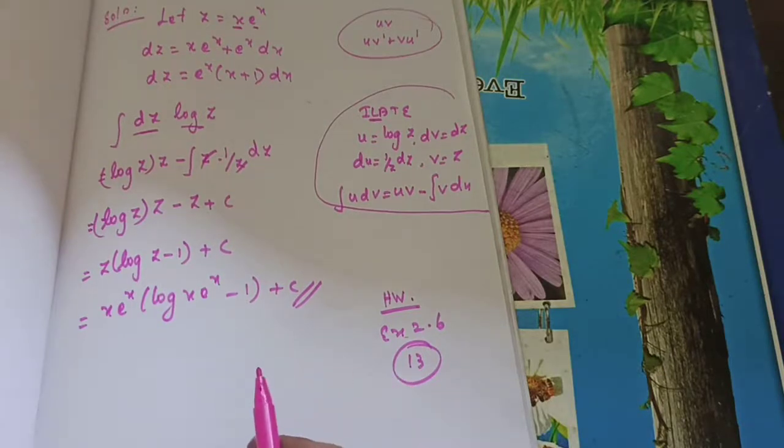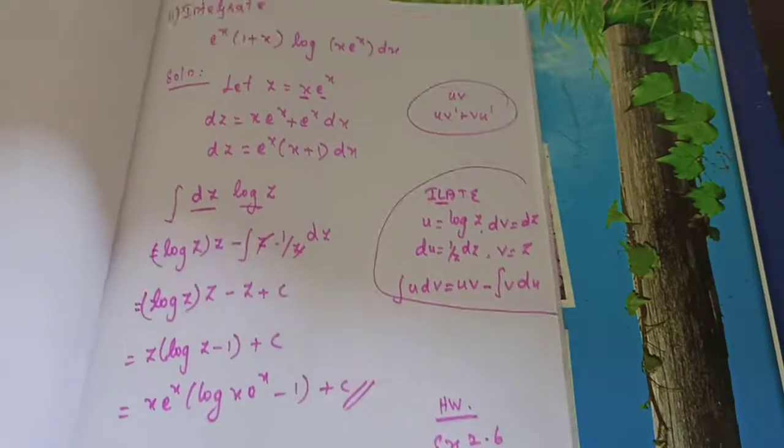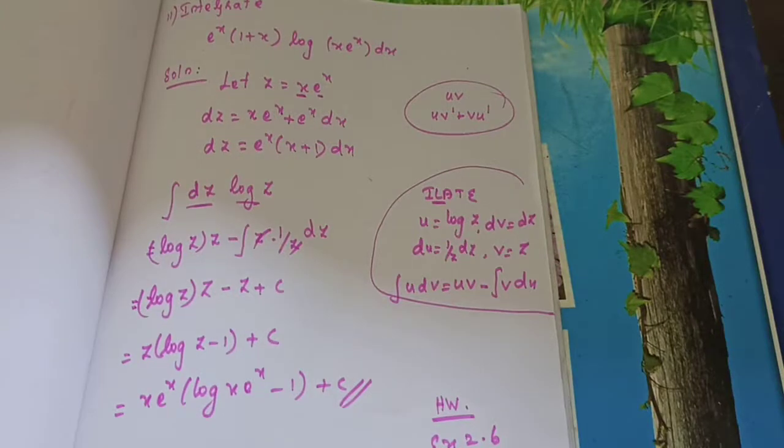In our next class we will start from problem number 14. Two more problems are left in this section. After completing this one we will move to the next section. This second lesson, integration, consists of a vast syllabus. Each section will be different. So please note down all the formulas separately and learn according to the difference. This one is substitution. Keep in mind that when you are learning substitution, we are also using the previous ILATE method, differentiation, the first section formulas, everything. So start from the first onwards and learn it, then only it will be easy.